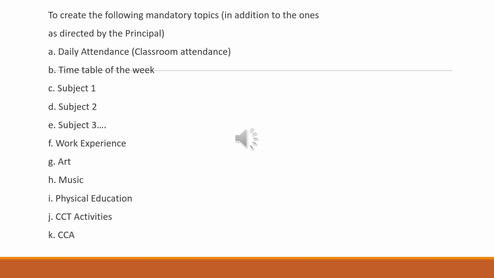Timetable of the week and all the scholastic subjects. Along with that, work experience, art, music, physical education, creative and critical thinking activities, CCA. These are the topics. All the classes along with the scholastic subjects should have the additional activities as topics in their class.